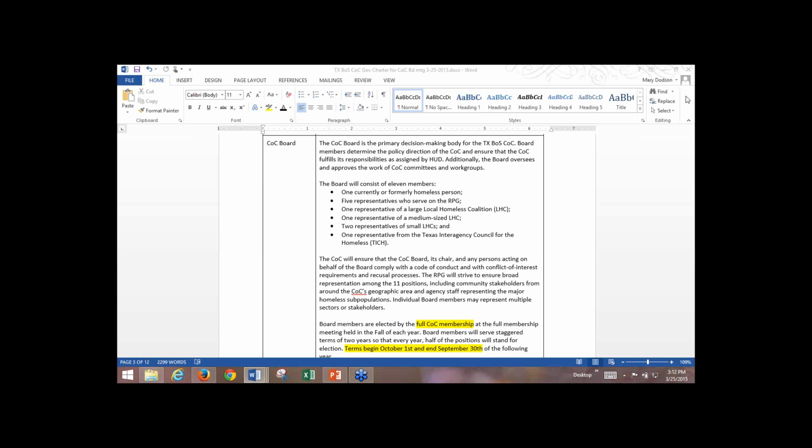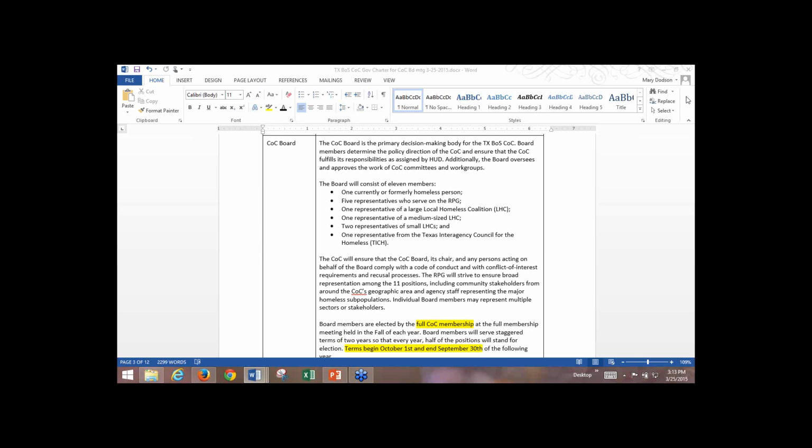Sorry. Okay, and we have a question from Scott Heiser, who is in San Angelo. He asked, who nominates the people for the Continuum of Care Board? And if you want to take a crack at this, I'll let you know we were talking about it right before the meeting. Yes. The way that we have this designed is if this charter is approved today, the current